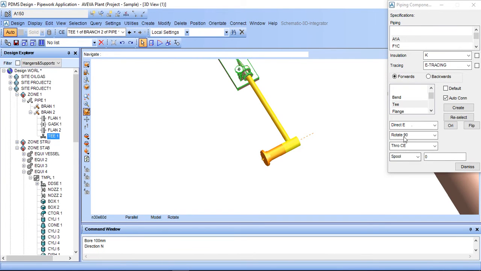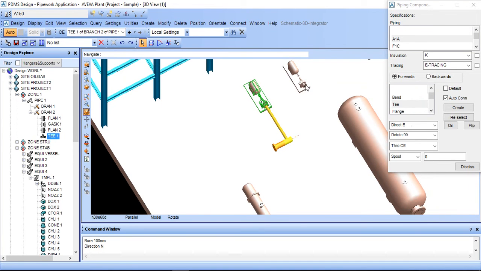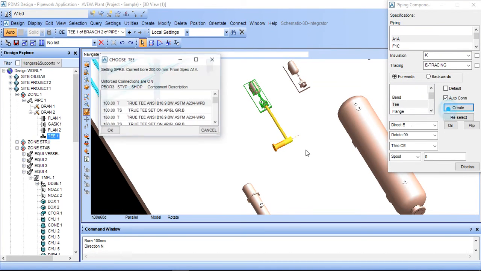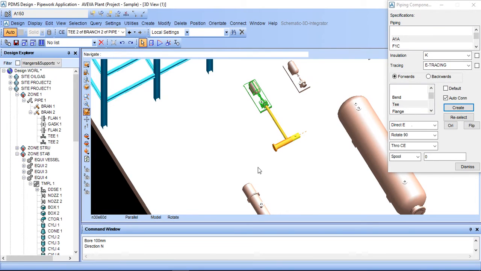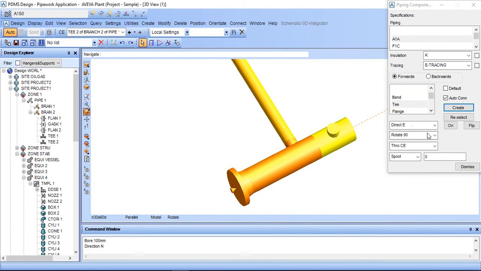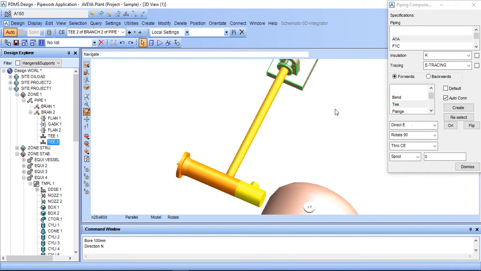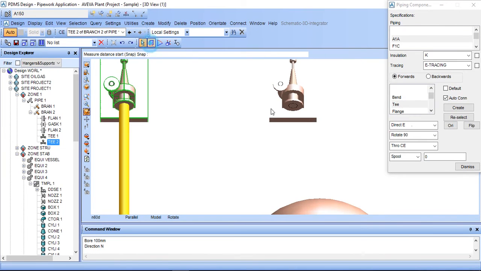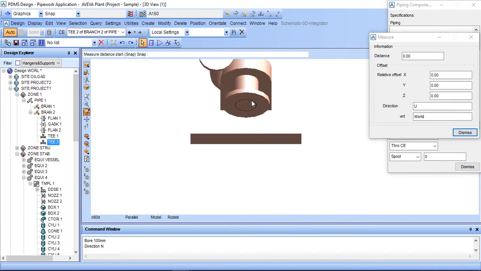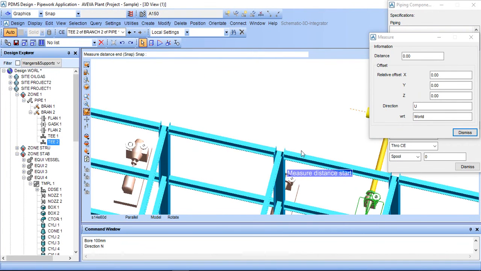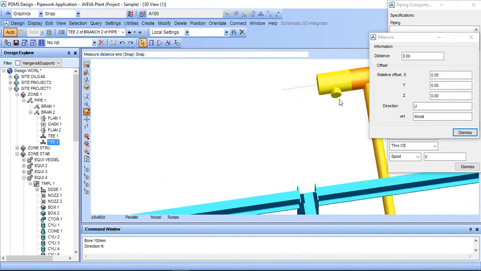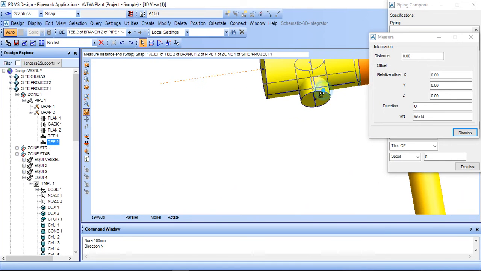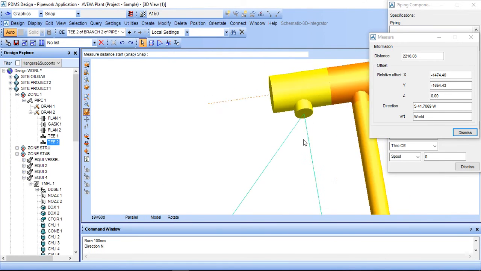Click on this and I will create another T for this. Create 100 mm T, rotate it through 90 degree, and here I need to measure the distance. Go to measure, click on this, match this, match this.